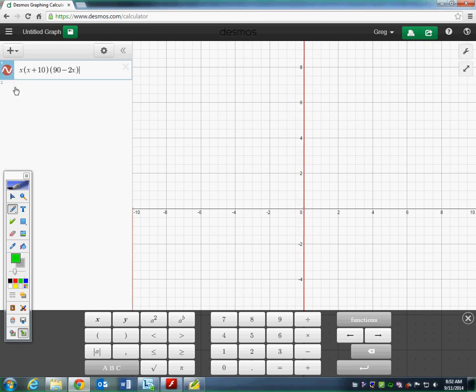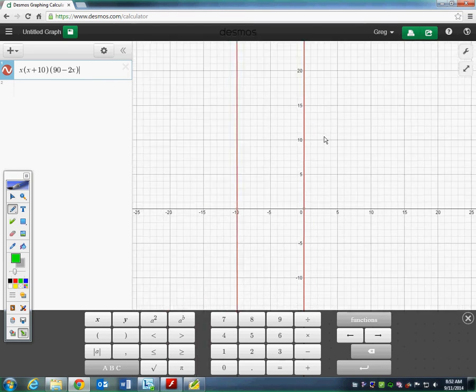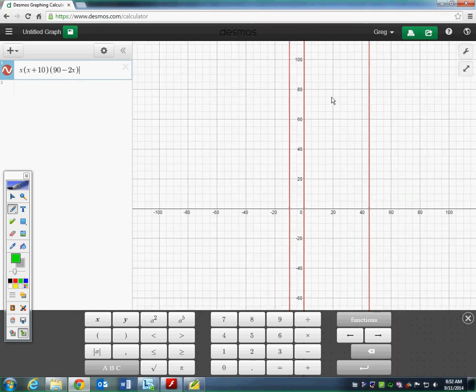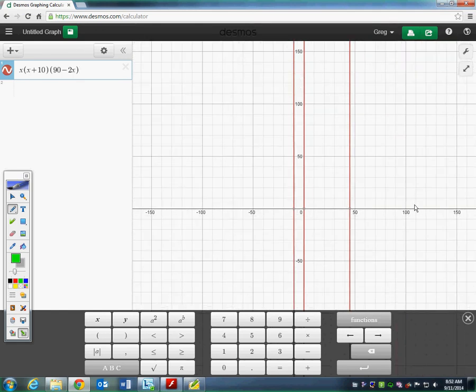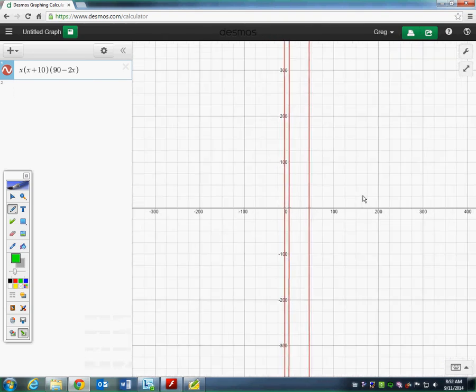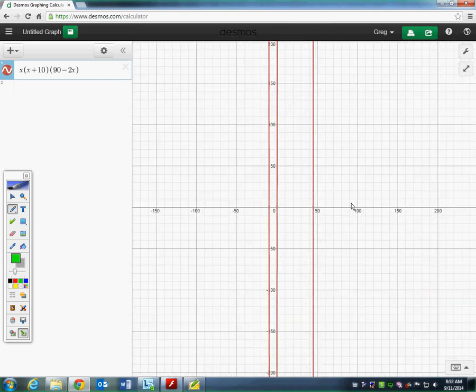Okay, so when I do that, I'm looking at this, it looks a lot like a vertical line. So I think the problem is one of scale. So I'm using the wheel on my mouse to scale back, and scale back, and it's looking pretty funny, isn't it? So I think, okay, it looks to me like I need to change my Y scale by a lot, but my X scale not so much, right? So if I go to graph settings,